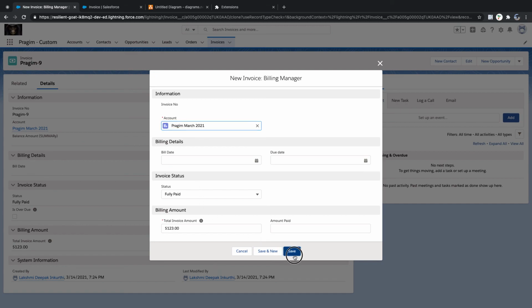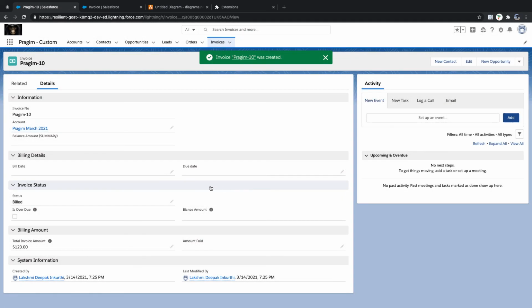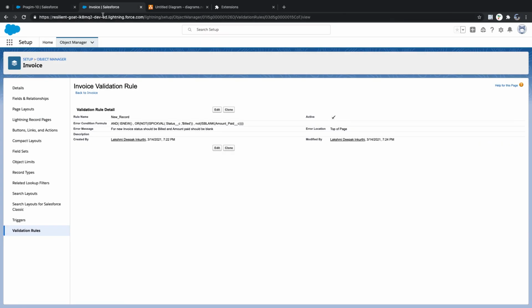I should get an error here ideally. Oh, now it is coming. So my validation was wrong before. Now we got an error, right? So I need to select and then save it. Now, clear? You can have validation rules, and if you want to do a validation when a record is being created, then you need to use a method called isNew.